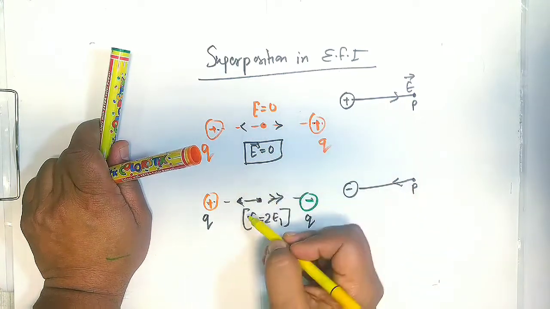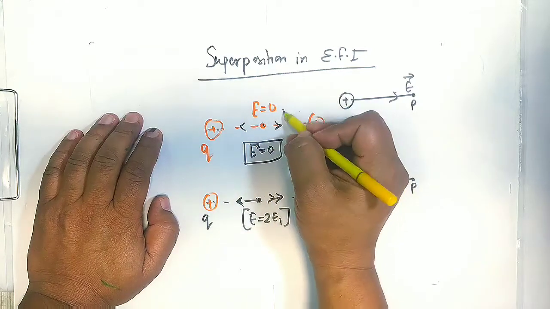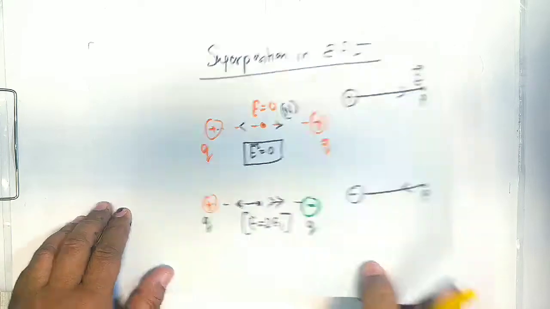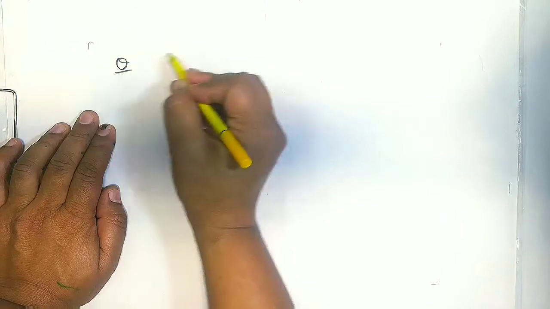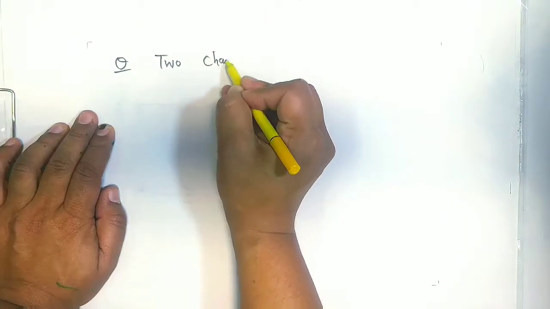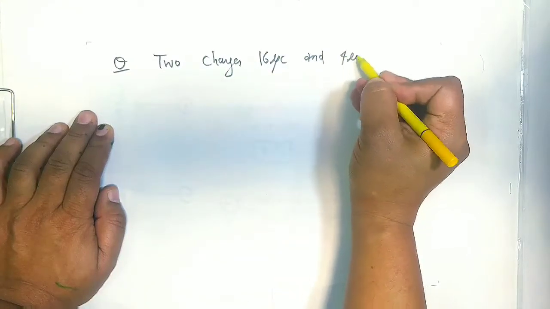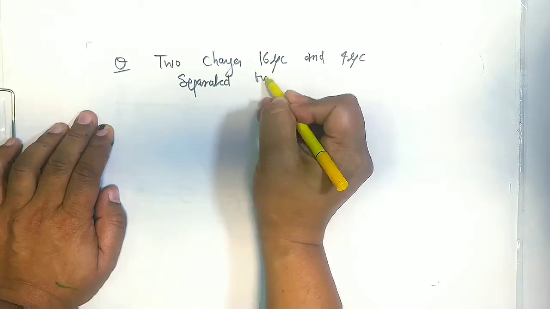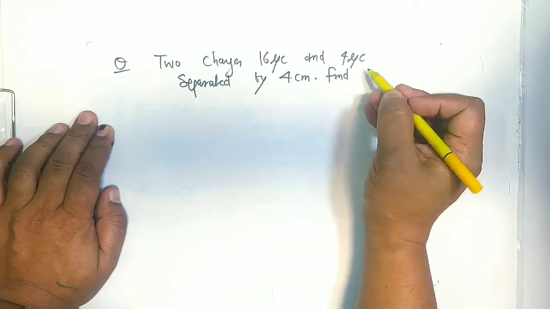So this is how we define that we calculate the electric field due to the superposition, and this is also known as neutral point. Okay, so superposition, we can do one or two questions based on this. I will just explain to you. Say two charges are there, 16 microcoulomb and 4 microcoulomb, separated by say 4 centimeter, and the question is find the